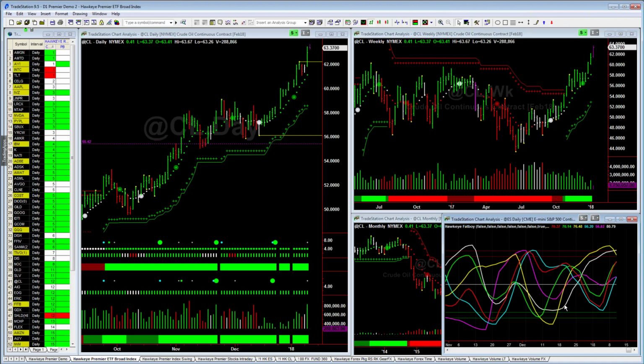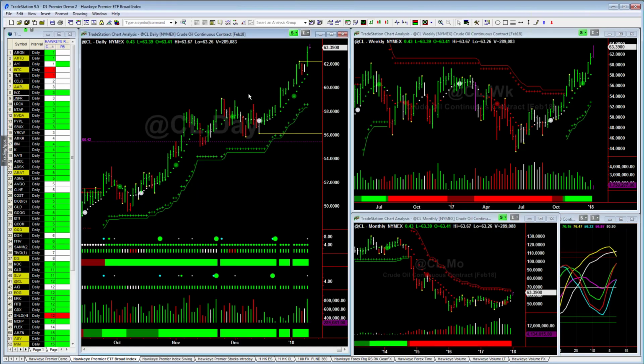So we can see the crude oil here has shown a very, very nice trend of strength from the beginning of December all the way up to the current time and is continuing to strengthen. So based upon that, you can see the consolidation range here is a nice little cup and handle pattern which was broken, giving a confirming Hawkeye trend entry point on the break of that and a continuation of that up into the current time where the trend dots are continuing to stay green, they're continuing to rise, they are equally spaced, prices staying well above the Hawkeye trend dots, so there's no reason to even consider exiting the trade until you see any type of